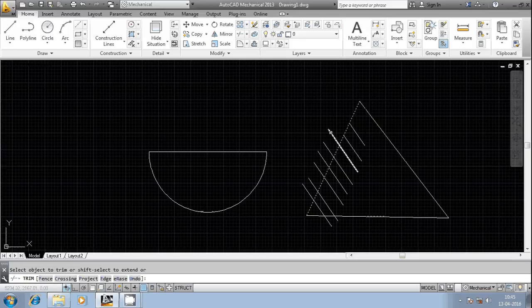I'm selecting one by one. So it is laborious and time consuming. If you have millions of lines, you have to spend millions of seconds on this one. Instead of this, there's an option in the AutoCAD trim command. Select the cutting edge and then there's something known as fence. Select this, then select the entities. It's a two-step process. That's it. You can just perform the trim operation in two steps rather than clicking each and every entity from morning till evening. You can perform this and then close the operation.